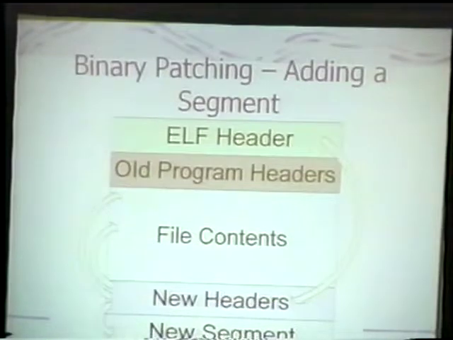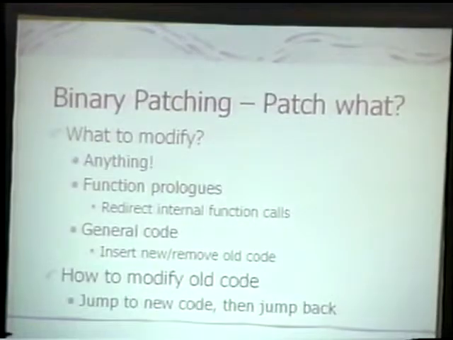So this is basically what we're going to do. We've got the ELF header, and we're going to patch the binary program. We're going to patch the header, and the old program headers are still going to be there, but we're just going to add stuff to the end of the file and patch the existing ELF header to point to our new program headers down here. So we're going to have our own program headers, which continue to have all of the normal entries. We copy all the old program headers down to here and add a new entry, making the table longer. So we have all of the normal segments, and then we add a new segment right at the end of the file and refer to that inside the new segment table which we construct. Now,